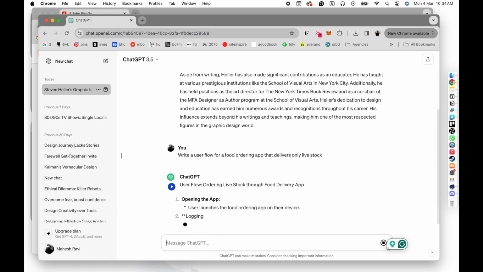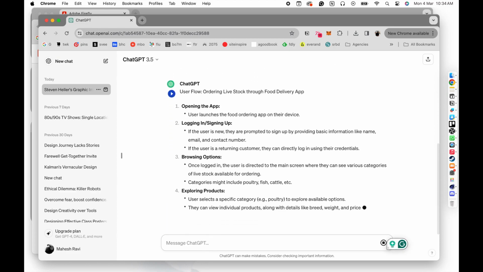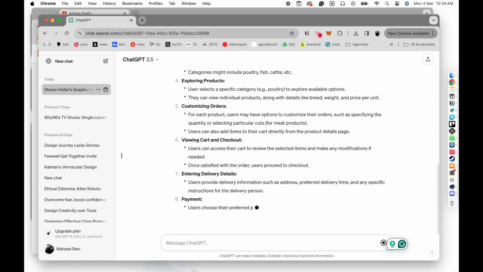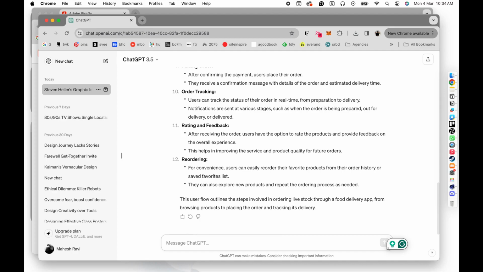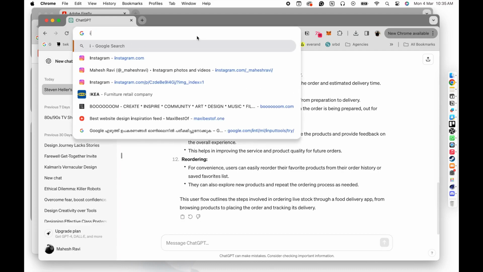So it gave me a rough skeleton. Whenever you are stuck with some sort of block, a creative block, or maybe you don't know how to logically approach a scenario, you can actually use this and you can get pretty good results with ChatGPT. There are so many other things available in your design tools itself. For instance, if you go to Figma,